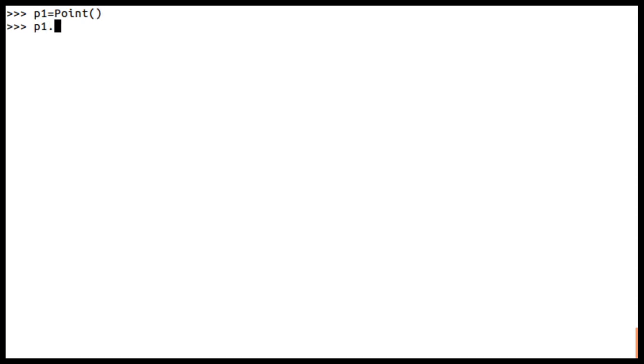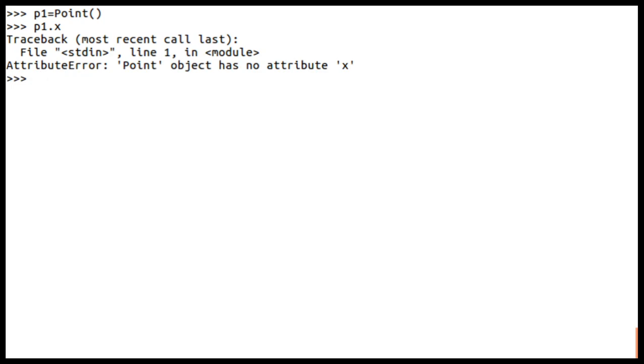Let me see p1.x, what we have, nothing. I'll create p1.x is equal to 3.0 and p1.y is equal to 4.0, right? I have created a point, and if I print it, p1.x is 3.0 and p1.y is 4.0.